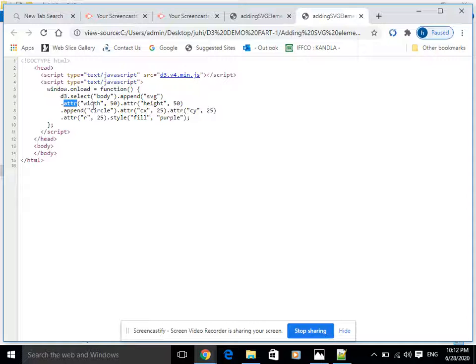So giving attribute width this much, height this much, and appending a circle element to it with attribute cx, the x coordinate 23 and y coordinate 25, and radius is this, and fill means whatever color you want to fill inside.